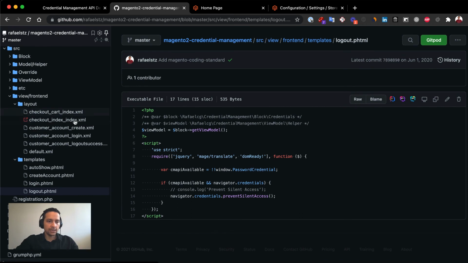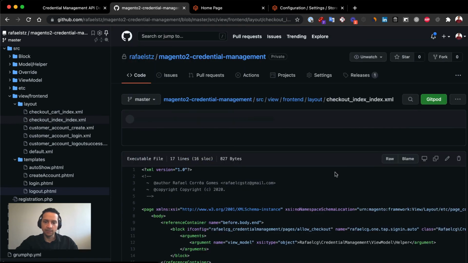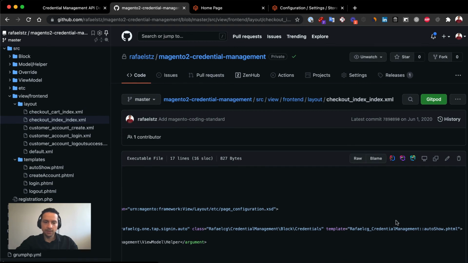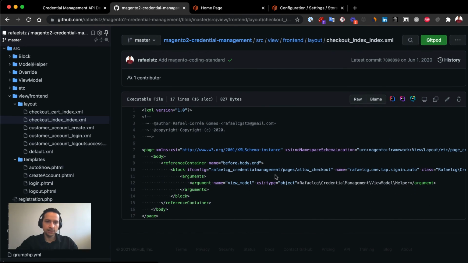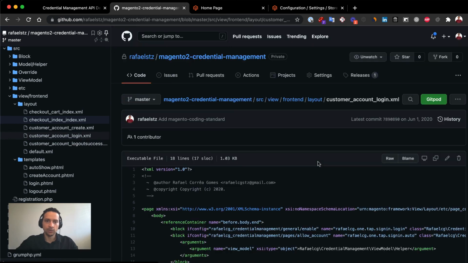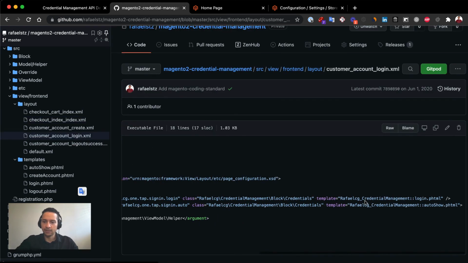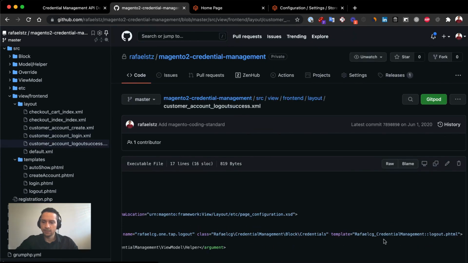And that's it. So these are the screens. So the cart, automatic login if it's allowed, index page. In this page we added, let me check, the autoshow.phtml, and in the checkout index, in case it's allowed in the checkout page. And then we have the customer account creation, the create. So we put the new phtml to watch the form. Login is the same thing, to watch the form. So not just the autoshow.phtml, but also the login.phtml, and logout success with this logout.phtml,